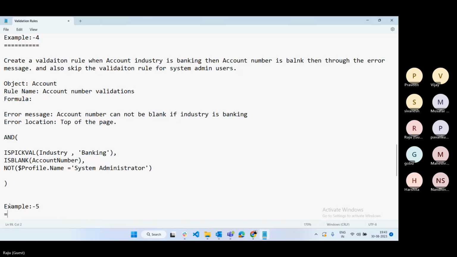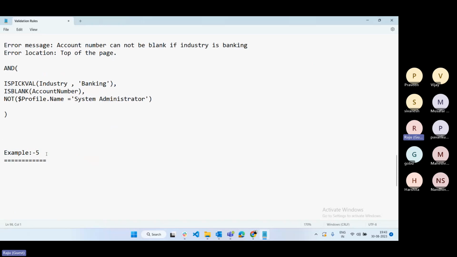Example 5. Before going to use example 5, see here, dollar is nothing but, even in development also, it is a global variable. Global variable. And also here, how to refer